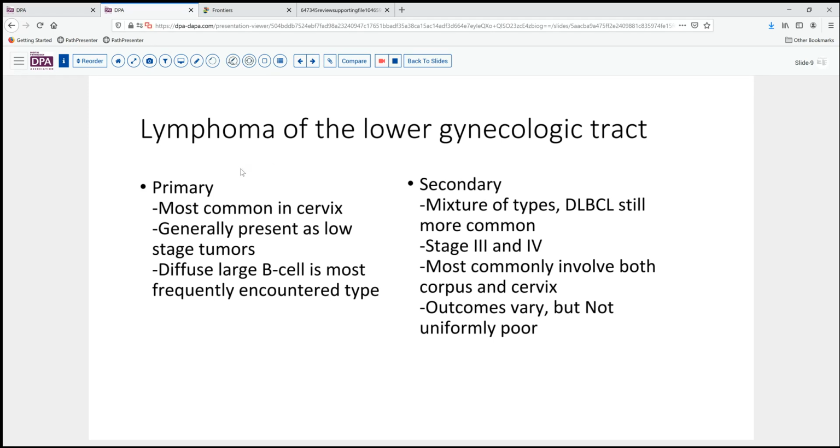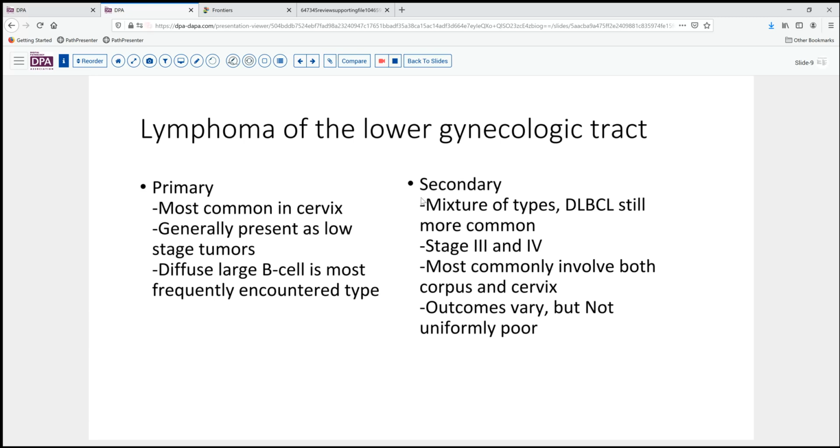And when it's a primary lesion, these are most commonly seen in the cervix. They generally present as very early, low-stage tumors, stage 1 or 2. And most commonly, a diffuse large B cell is the most frequently encountered type. This perivascular localization is quite characteristic in the cervix, as we see here in the endometrium,